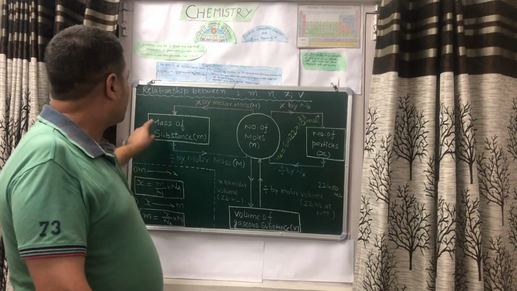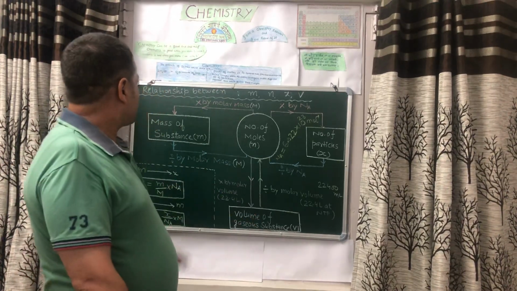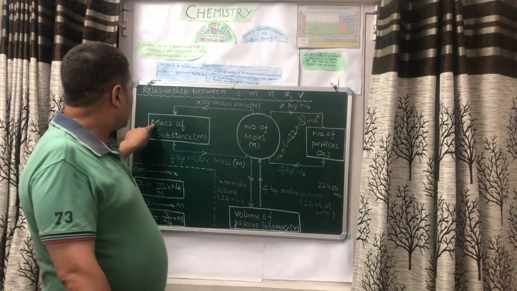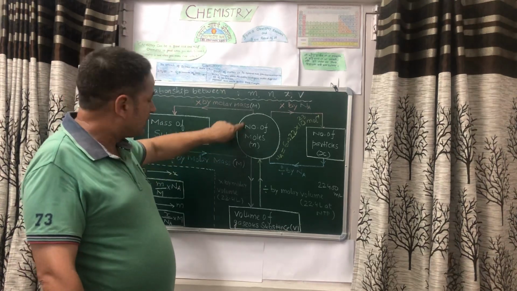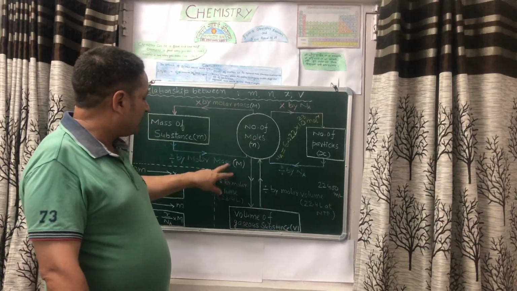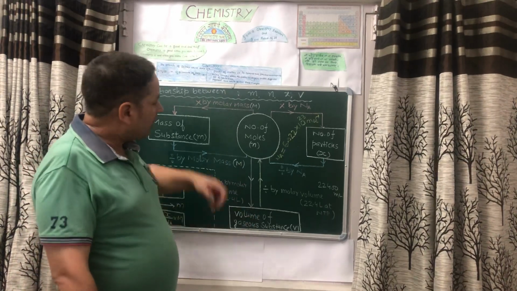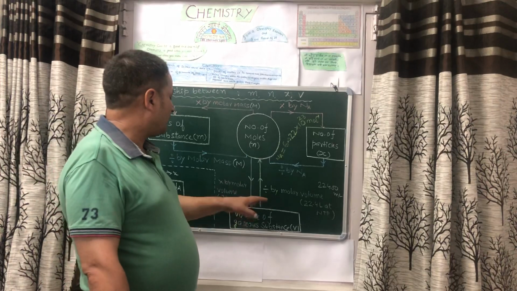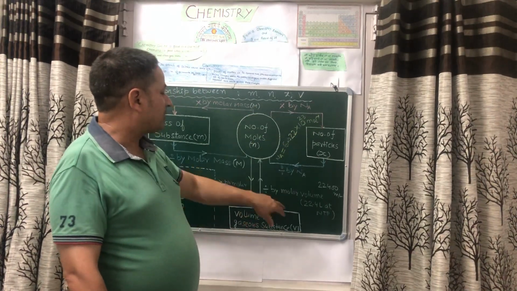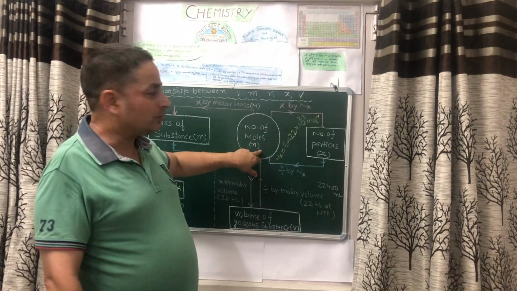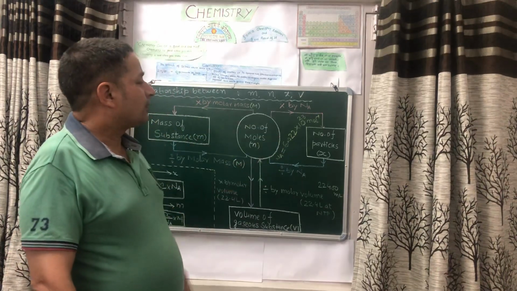Suppose you want to convert the mass of the substance into the volume of the gaseous substance. So what to do? We have to start here. The mass of the substance is given to you, divide it by molar mass, you will reach the number of moles, and then the number of moles is further multiplied by 22.4 liters, and you will reach the volume of the gaseous substance. And if you want to convert this volume of gaseous substance into number of particles, again the given volume is divided by the molar volume, you will reach the number of moles, and then multiply by Na, and you will reach the number of particles.